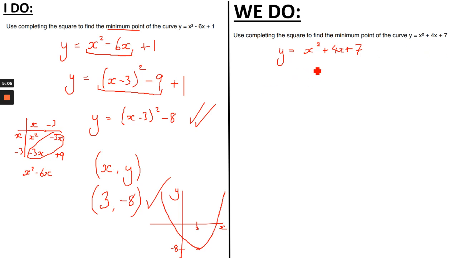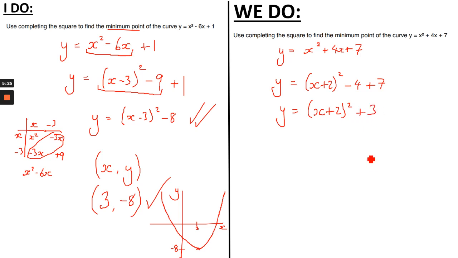Okay, so this one, if you complete the square, you should get y equals x plus 2 squared. We want to take away the 4, and I still need to add the 7 from the first line. So then if I simplify that down, I've got y equals x plus 2 squared, and then I have got